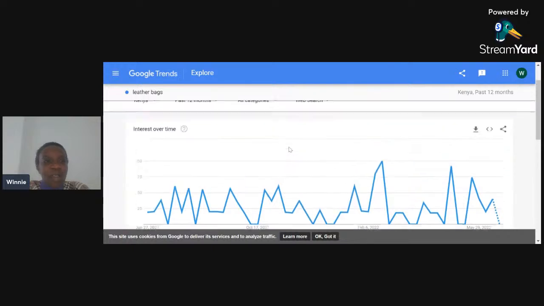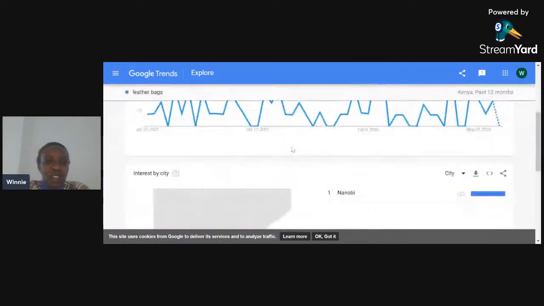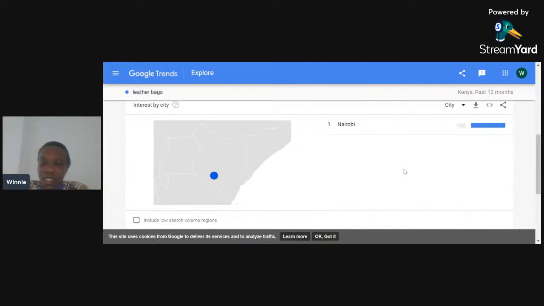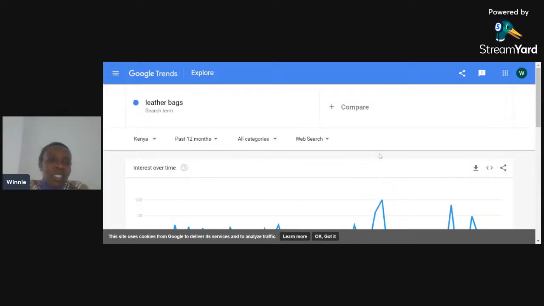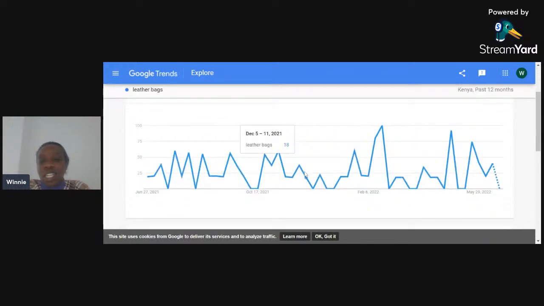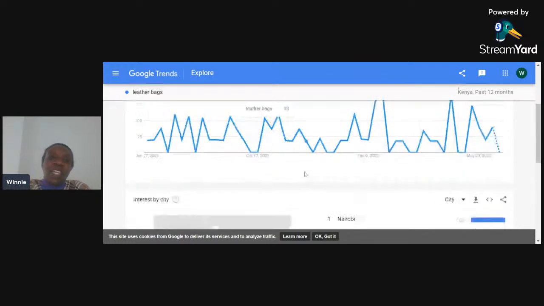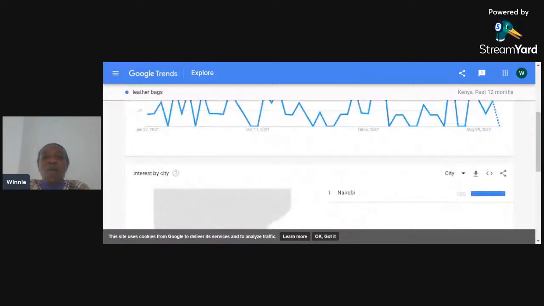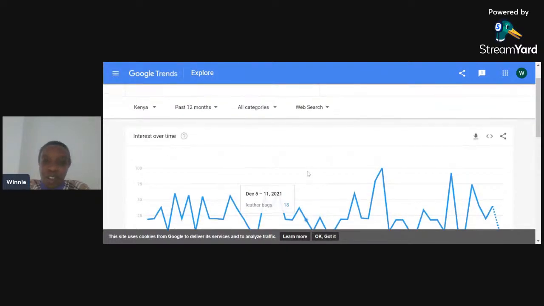So you can see if I am selling leather bags, all the traffic seems to be coming from Nairobi. That's where you can see here, it's saying Nairobi, 100% is coming from Nairobi. So for me as a business person, since I sell leather bags, I have an assumption that all my clients are all over Kenya. So I will have a tendency to decide that I want to run advertisement to all of Kenya. But now, if I have come here and used tools such as Google Trends, I am realizing no, I need to put more focus on Nairobi and its environs because that is where more people who are looking for leather bags are found.